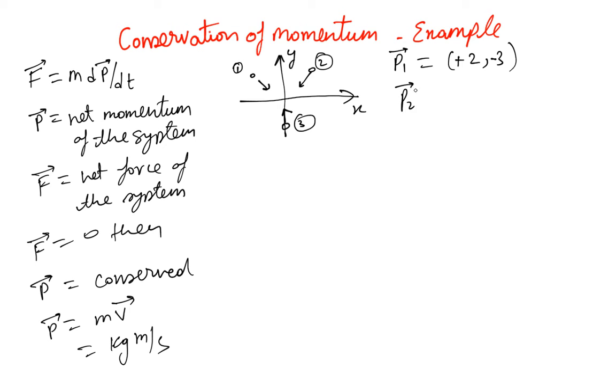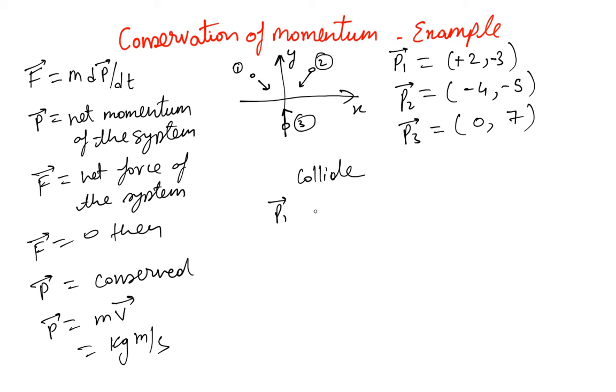And let's say p2 is given as minus 4, minus 5, and p3 is given as 0, 7. And these guys collide. I don't know where they are after colliding, but let's say they are somewhere, and we know for sure the momentum of p1